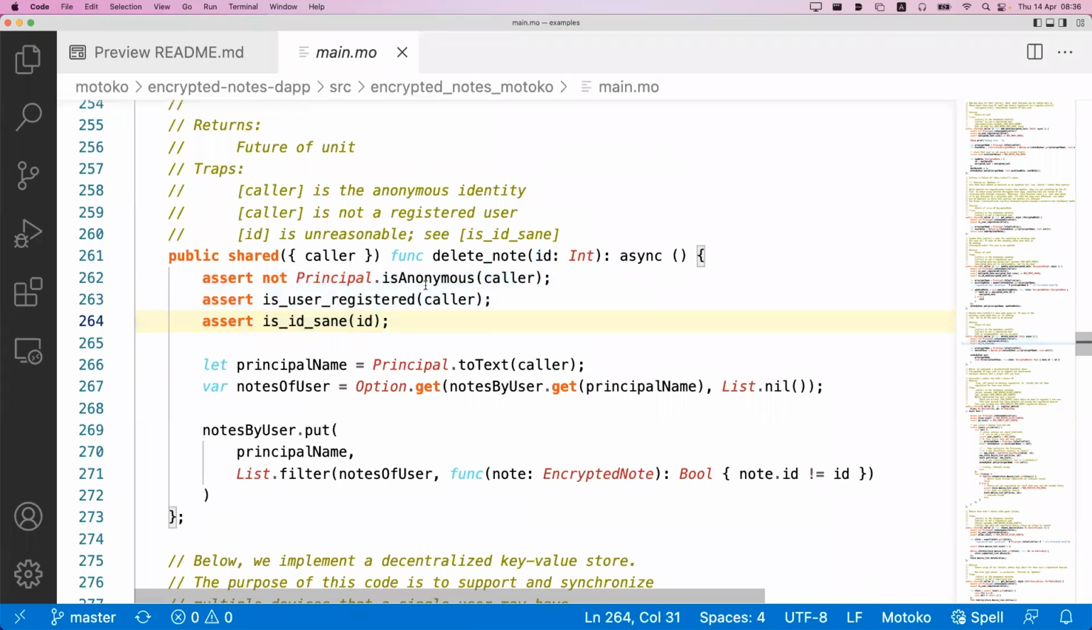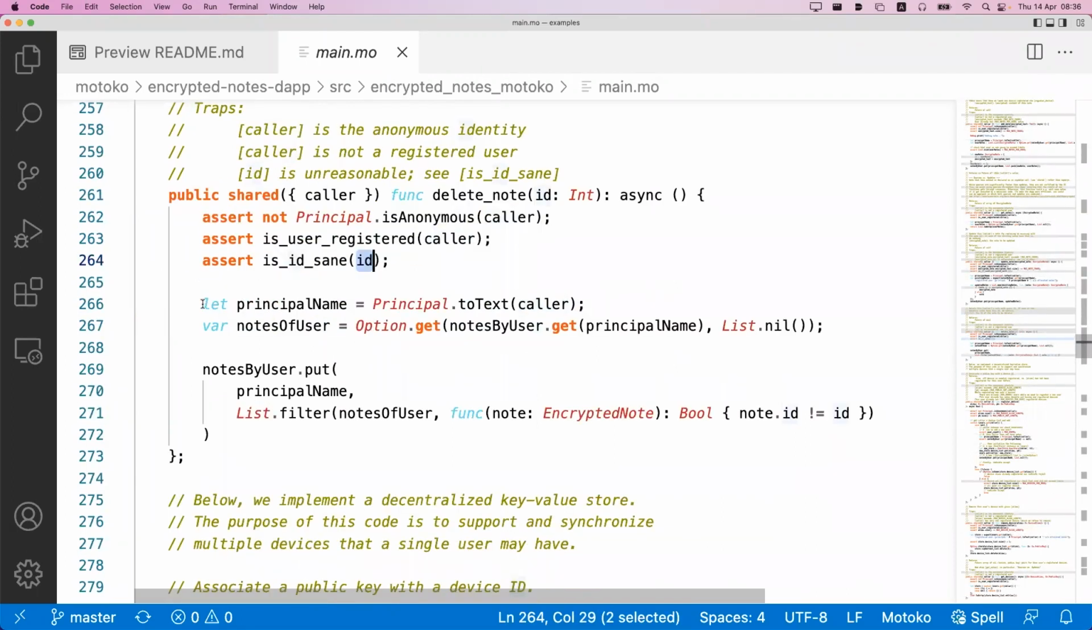And in the precondition here, we check analogously to what we did for adding nodes. We check that this cannot be the anonymous principal and that the user is indeed registered. And then we use our sanity check for the identifier value before we actually use the identifier to perform any lookups. The principal name is extracted from the caller, and then the nodes of this user are extracted in a way which is very similar to what we've seen before, after which we simply